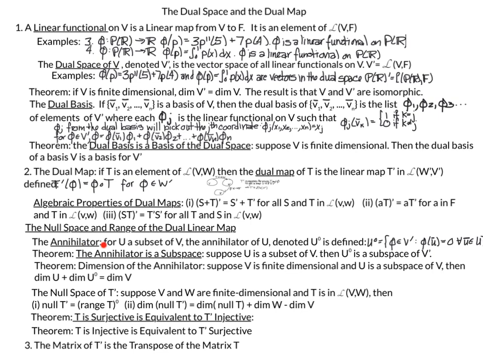And then we also talked about the annihilator. We defined the annihilator for a subset U of V, and we denote that with U superscript 0. It is defined to be the phi in the dual space such that phi of u is equal to 0 for all vectors u in the subset U. We had other theorems regarding the annihilator, as well as relationships between the null space of the dual map and V and W. And finally, we said the matrix of the dual map is equal to the transpose of the matrix representing the original